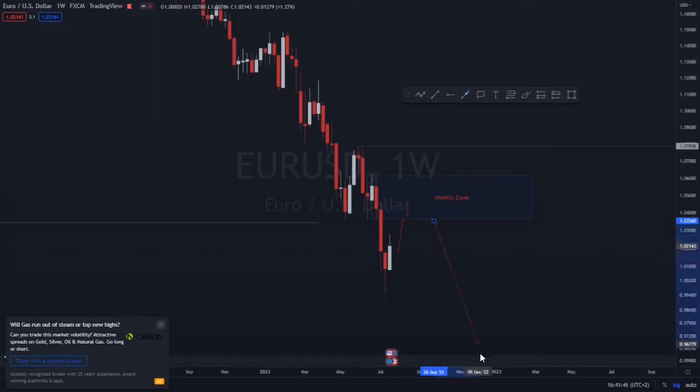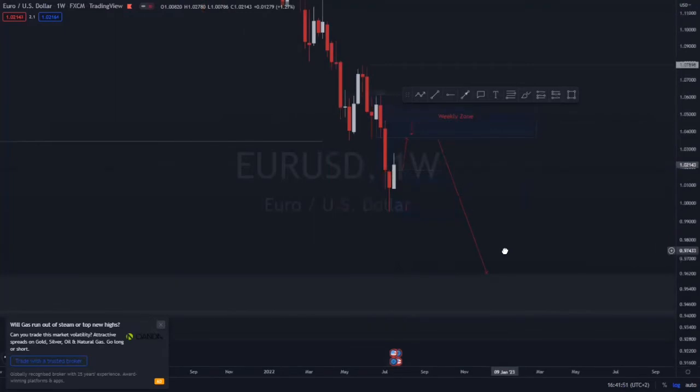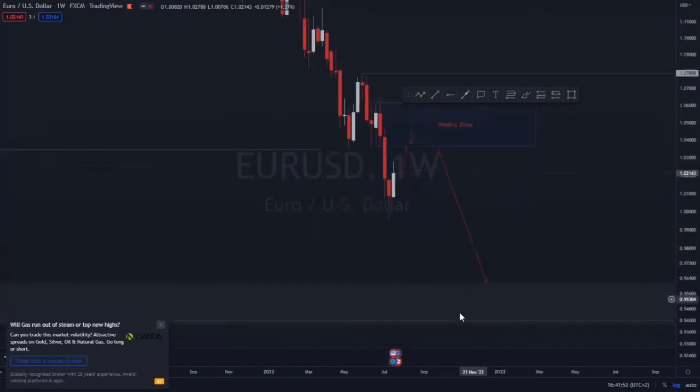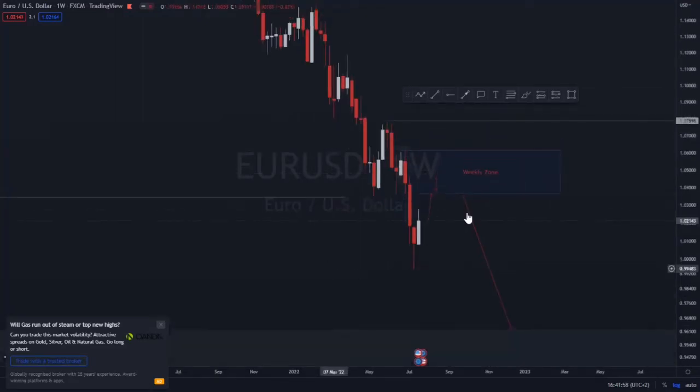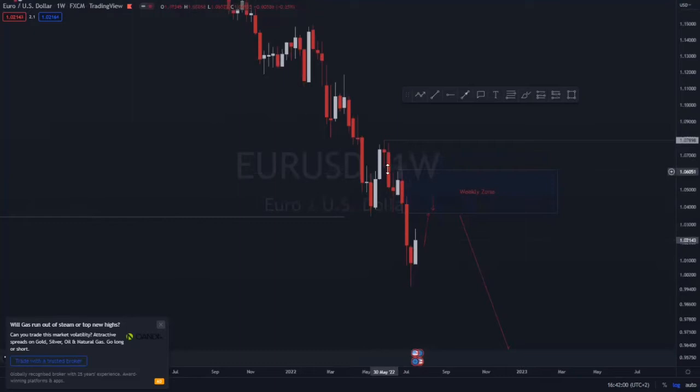right? And then if it does reverse, we have this order fair value gap to fill in here, but we'll talk about it when the market reverses, right? If that does not happen, we don't have any other order block, but we have this high right here as an area of liquidity, right? Now this high is also strong again because it has broken through this low right here. Now, if we go to the daily,